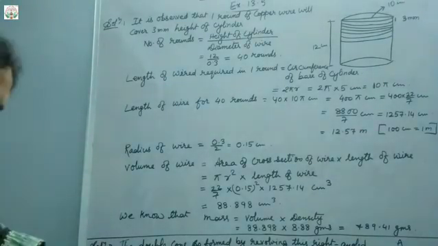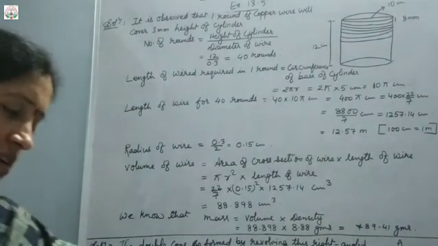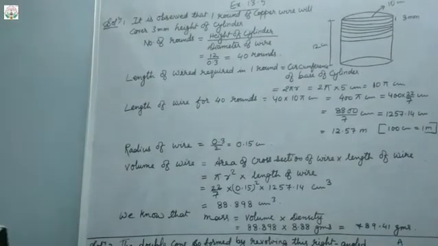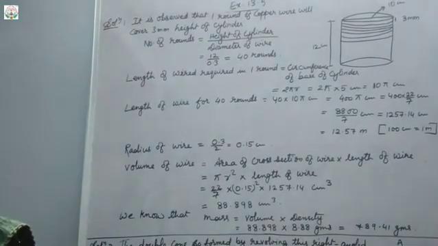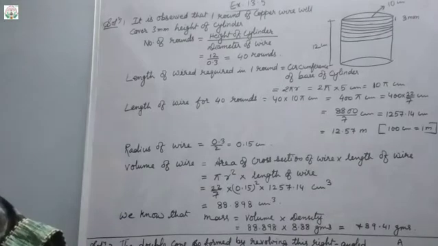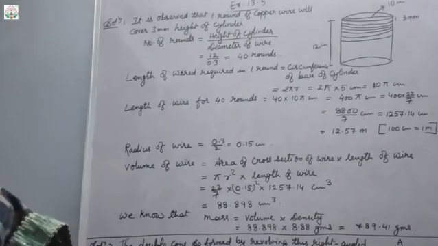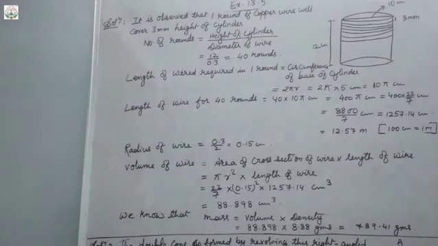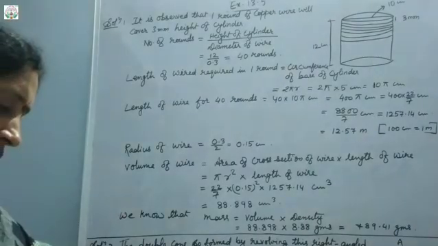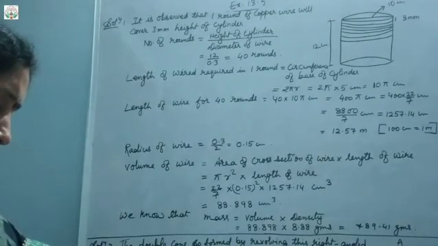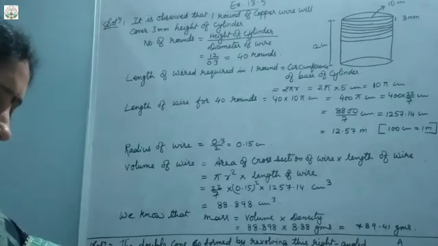Okay, so in this particular lesson, we will have 4 questions only, because the last 2 questions are based on frustum of cone, which is eliminated, or you can say the deleted portion of our syllabus. So we will not take the last 2 questions, that is question number 6 and 7.